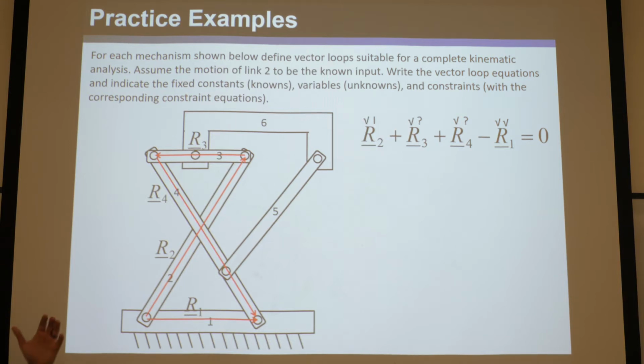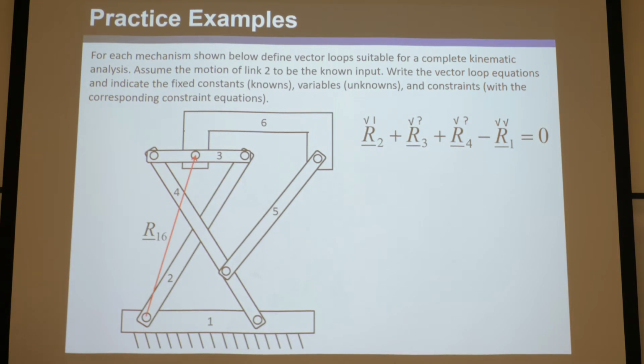Well, we need a whole other vector loop to solve the full thing. We've only solved part of it. And so that's why this is called a complex vector loop, because you need multiple vector loops. To draw the vector loop here, remember,